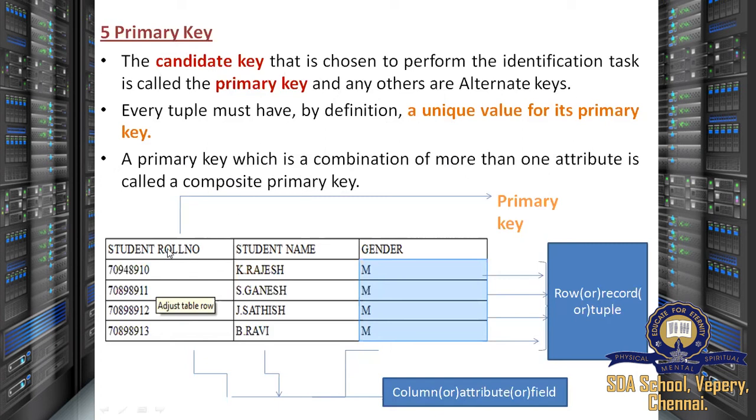Look at the table here. We have three attributes, that is three columns: student roll number, student name, gender. What does student roll number contain? All the roll numbers of a student. In this particular attribute, definitely repetition is avoided. We cannot enter the same roll number one more time in this attribute column. So this column or attribute in the table will be set as a primary key. A key which avoids duplication of data. Clear?